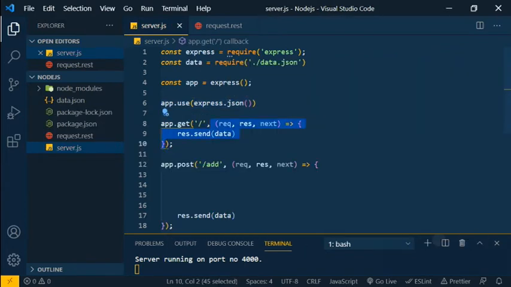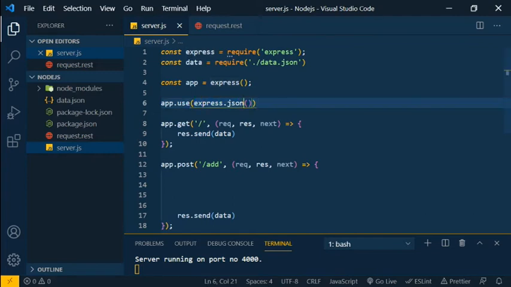If you are using use, it contains some kind of callback function. This function always runs before the actual route callback function is executed, right? So for every request you make to the server, this function will run.